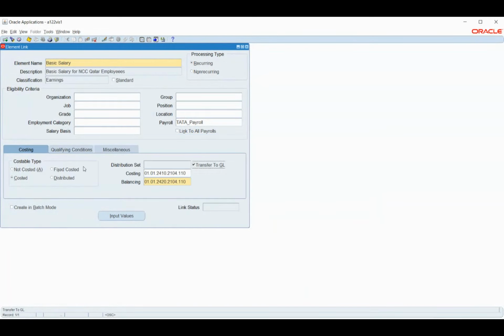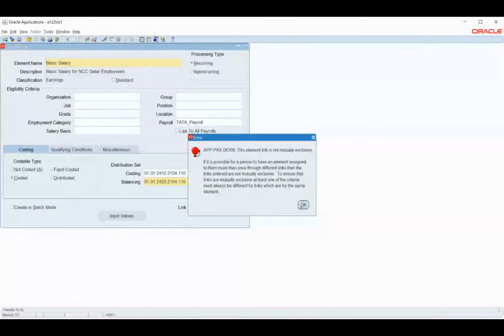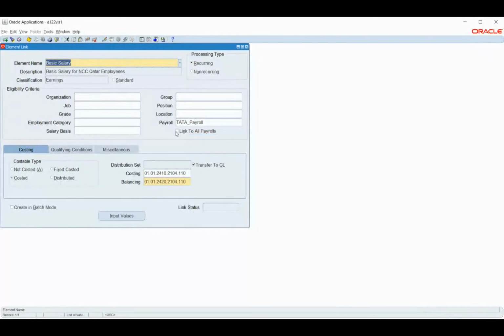Okay, so we have attached it, and we have also given the option to transfer to GL. Now if I want to enable this option, link to.